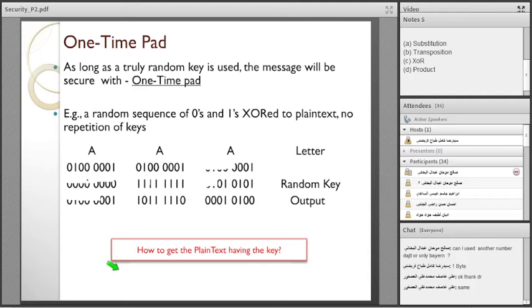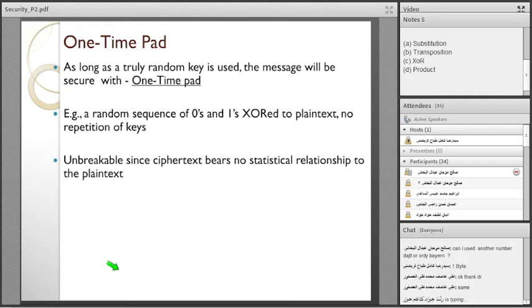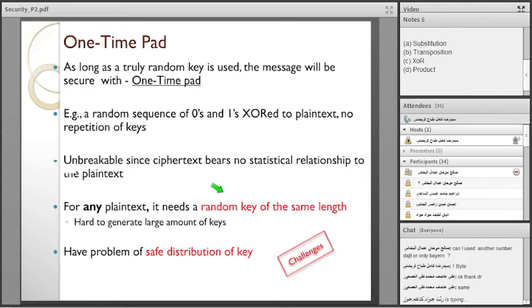And it's important for us in encryption that the result is totally different from the original one. Okay, it's unbreakable because the ciphertext bears no statistical relationship to the plaintext. We already discussed that a random key of the same length as the text can be used. It's easy to use. And the only problem is that you must make sure that you produce